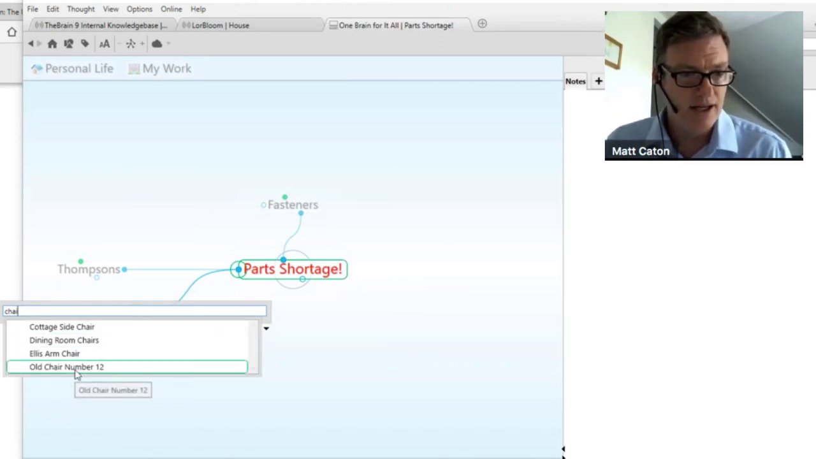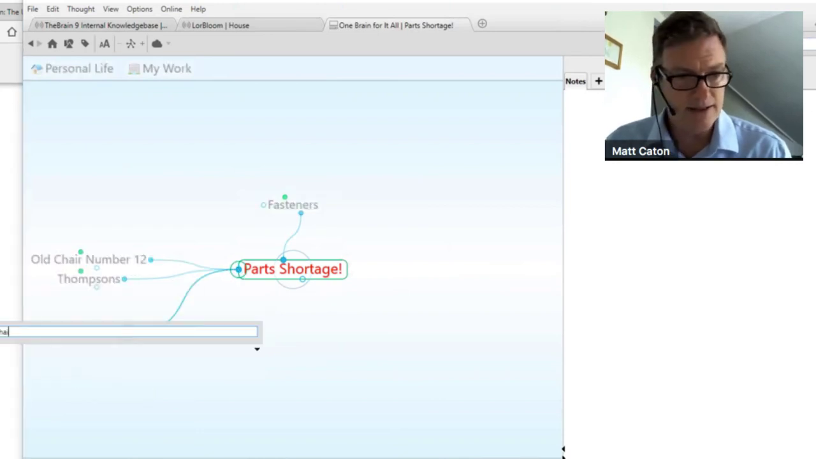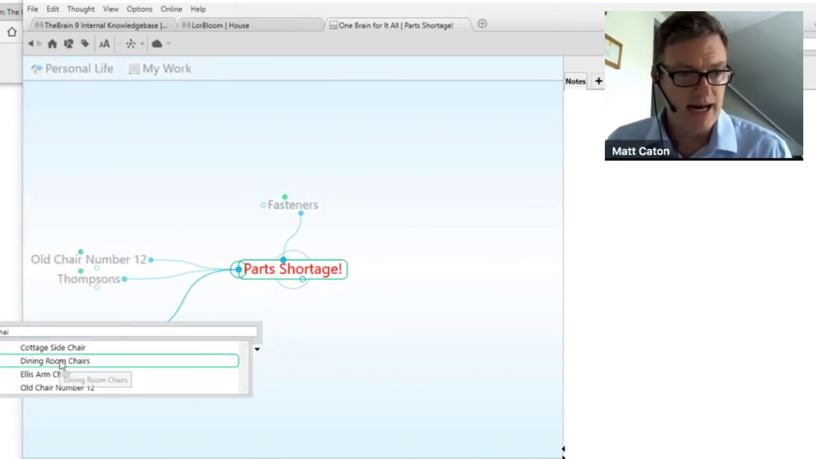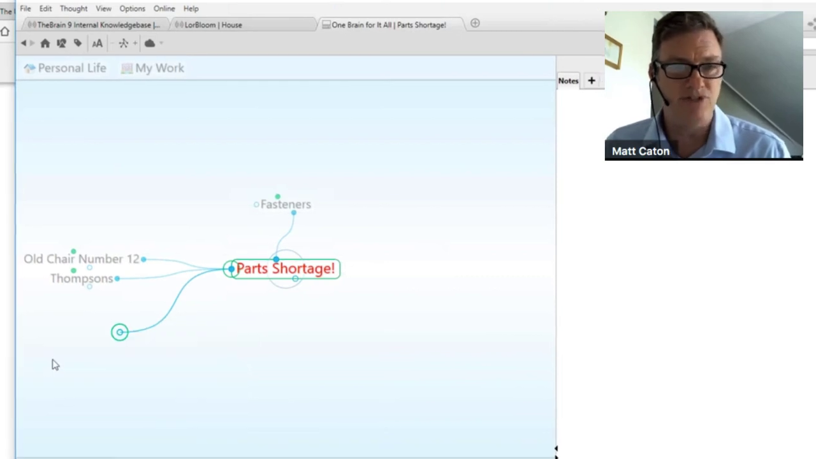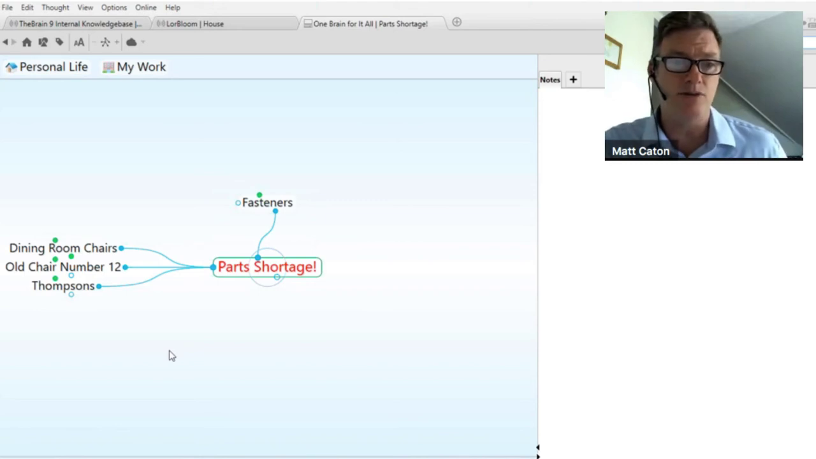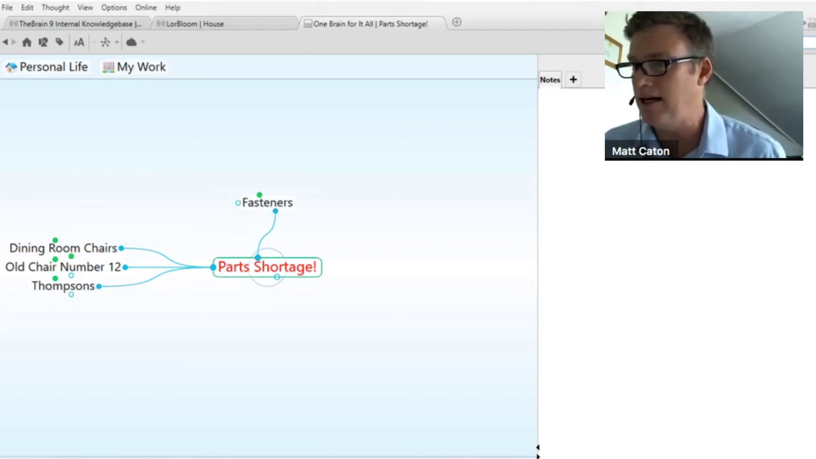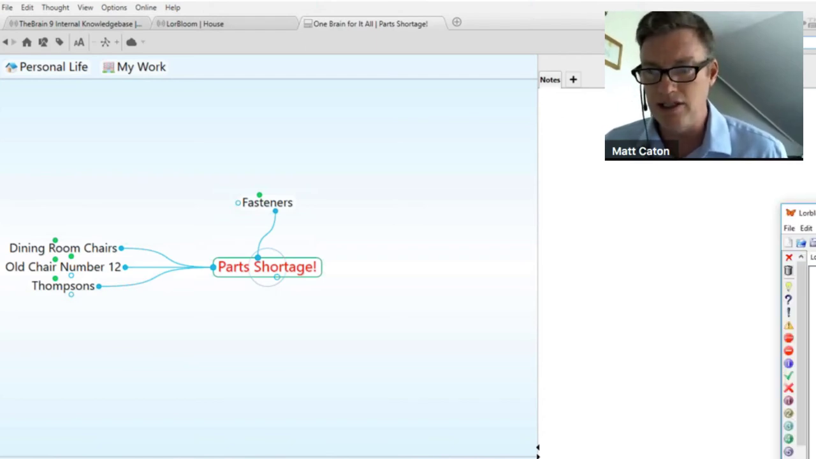It's affecting the old chair number 12, as well as my dining room chairs need these fasteners. So the part shortage is affecting a few open orders that I have with a customer and with some utilities that I'm building. If I were to do that same process over here in Mind Manager, let's